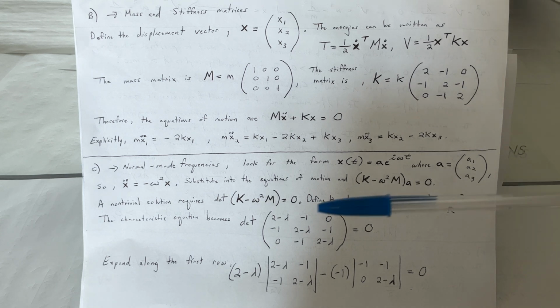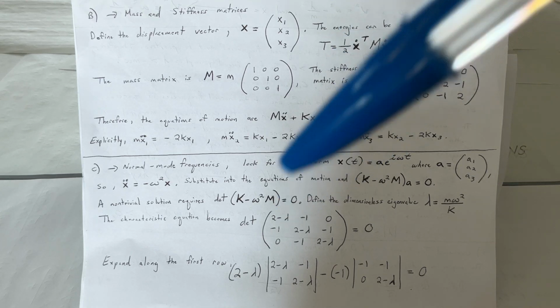Here, first row: 2 minus lambda, -1, 0. Second row: -1, 2 minus lambda, -1. Third row: 0, -1, 2 minus lambda, and that's set equal to 0. So expanding along the first row,